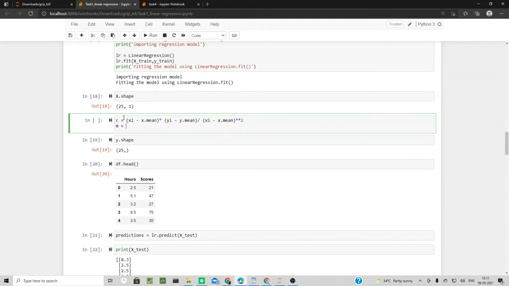This is going to be theta 1, that is, this is going to be m, that is the slope.